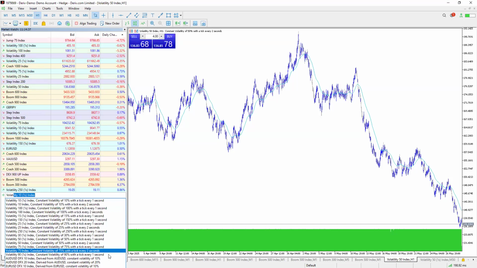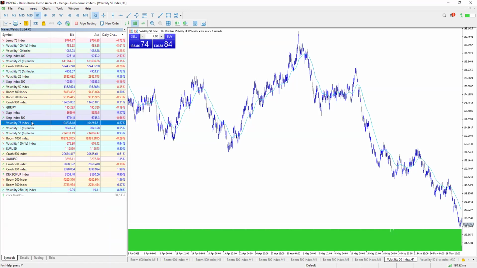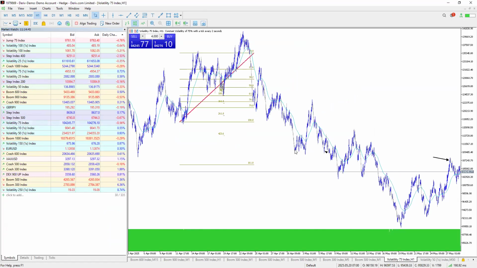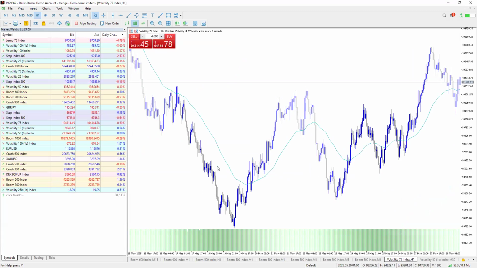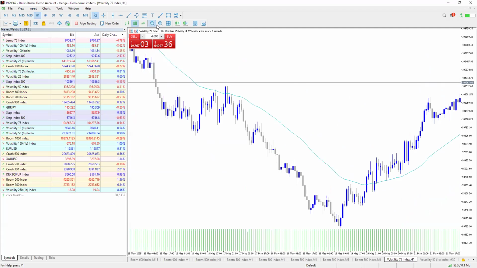These are pairs I don't really trade, so they are not always on my right. So V75, as we can see, I don't know if you can work with a bigger or smaller time frame. But let me remove all this noise that I was putting. All right, now our chart is clean. So now what we see on V75 in H1